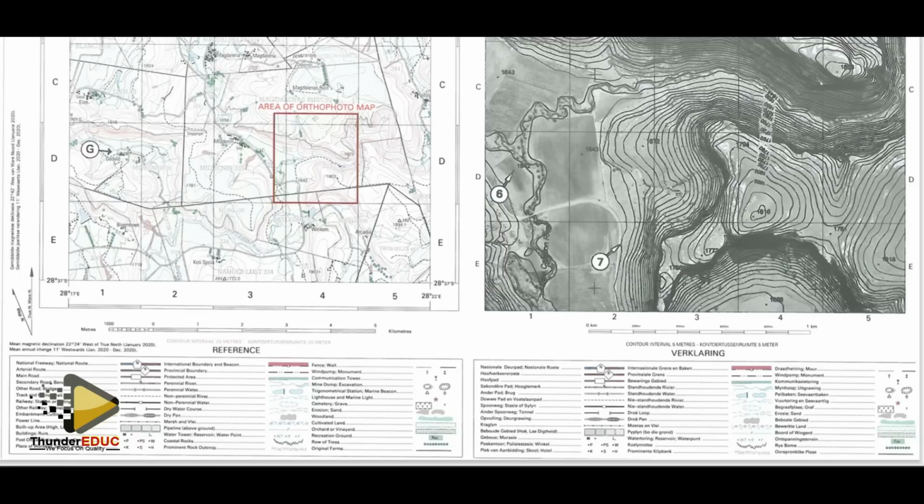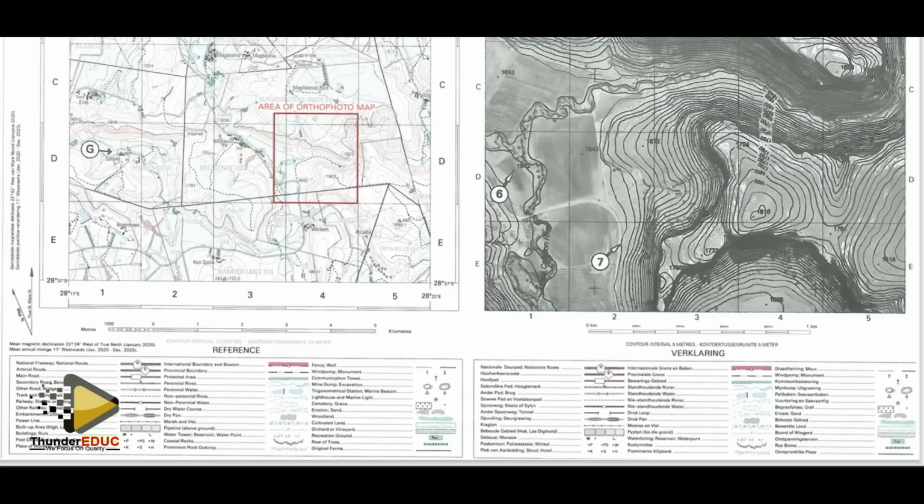So what happens here? You can see that there is some form of cultivation that takes place in this area here. So how has the gradient influenced human activities? Right, it has allowed for cultivation to take place. Remember, it's easier to cultivate on a gentle slope. So it has influenced cultivation to be undertaken on that area because the area is generally a flat landscape or a gently sloping landscape, which makes it easier to engage in cultivation activities.